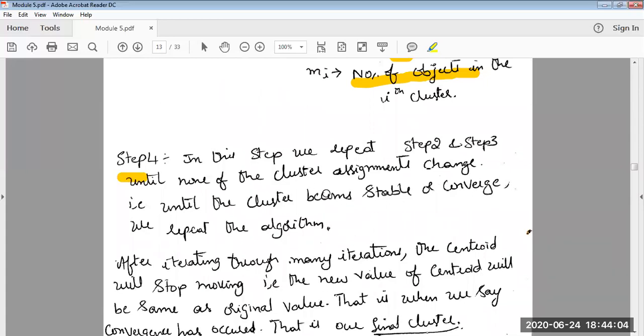But if this keeps on repeating, the algorithm will enter into an infinite loop. There should be some stopping criteria for the algorithm. What is the stopping criteria? The stopping criteria is that after you complete determining to which cluster a point should belong, you once again recompute the new position of the centroid. We understood that. So once you compute a new position of a centroid, and if the new position and old position are the same, for example,